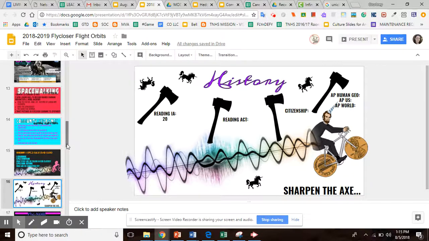Throughout that process, you'll be discussing what story we're telling in our PLC, what storyline we want to carry through in our classes. This storyline should be evident from class to class to class. I know that the Science PLC had rock, paper, scissors. The History PLC had sharpening the axe. So just think about the storyline that we're using in our classes.